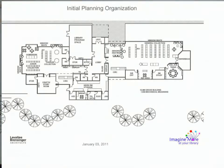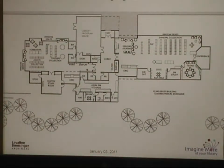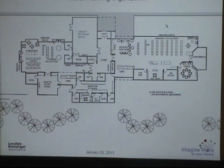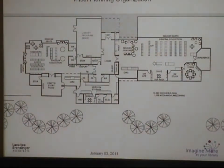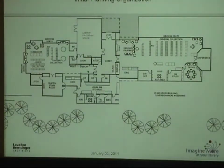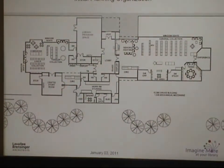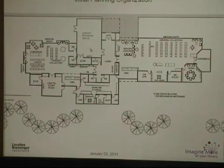The first initial planning organization of the building took into consideration the actual spaces that we were looking to design for the building. We have a staff area down at the bottom, which separates the children's area from the adult area, and we have a library programming space and the main lobby between these two spaces. So as you come into the library, you can take a right and go into the adult section, or take a left and go into the children's section. And this section here at the front of the building would remain community space for library programming and community